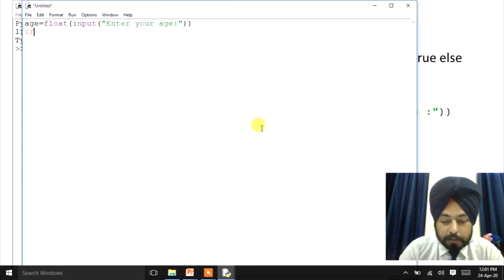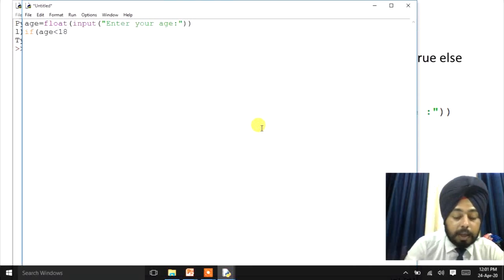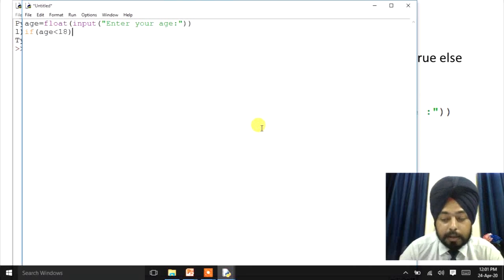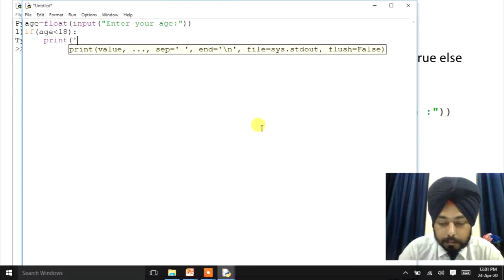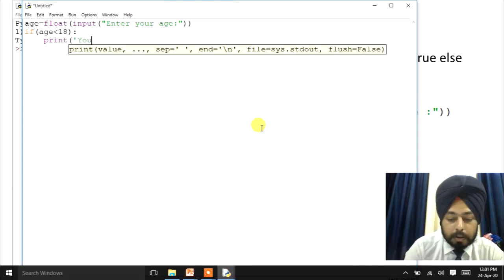If age is less than 18, then print you are minor.